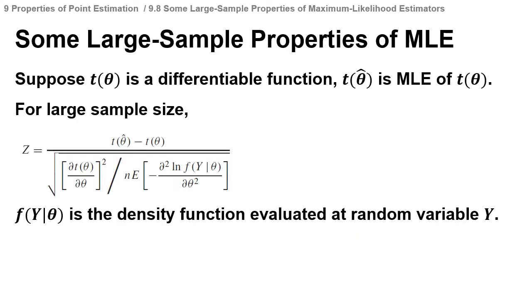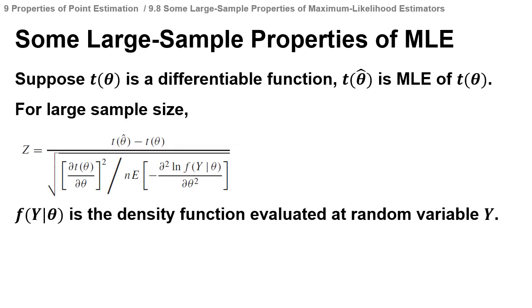Chapter 9.8 talks about some large sample properties of MLE. Actually, there are maybe two important large sample properties of MLE. The first one is consistency. So MLE is a consistent statistic, and the other is approximate normality. And this chapter 9.8 talks about